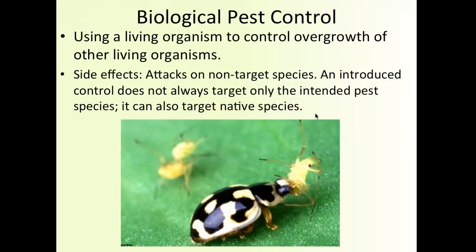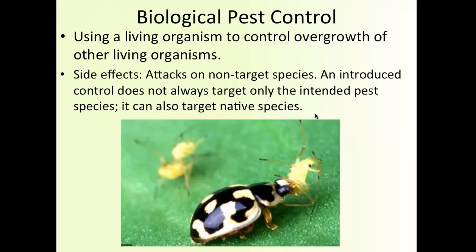But the pro for this would be that you won't have chemicals that leach into the soil or stay in that environment and maybe damage unwanted organisms as well. So if you put a weed killer, that weed killer might also kill insects, and it might also kill the animals that eat those insects because of that poison. So this gets around the whole chemical building up, the biomagnification and bioaccumulation of toxins, by using living things, but it's also a little bit scary because you don't know what the living things will actually do